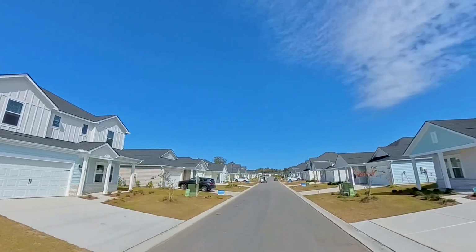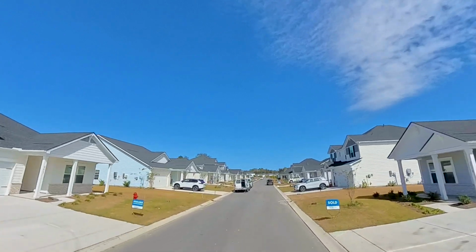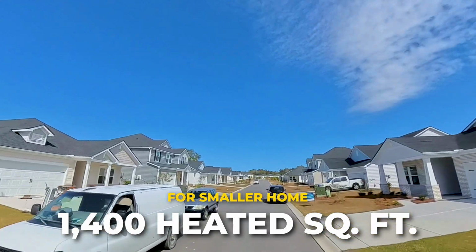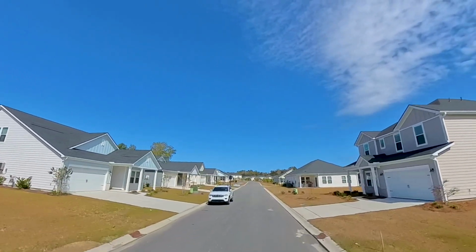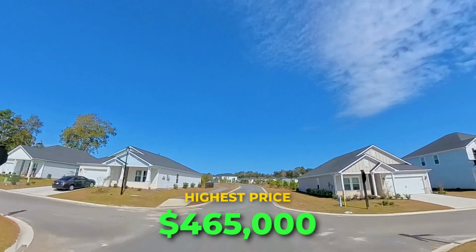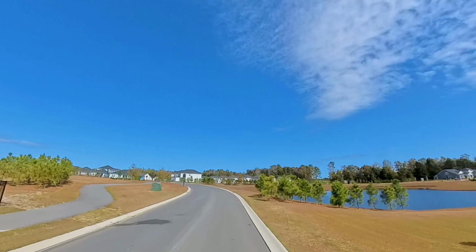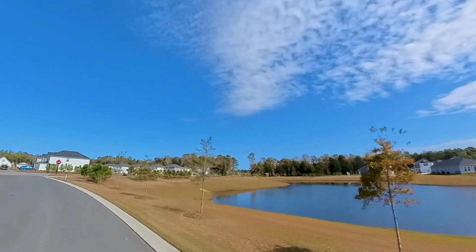So it's really nice, really popular. That's actually their model home over in the Clear Pond community. Now, currently homes on the market in this community, the lowest price is right at $300,000 for a smaller home, 1,400 heated square feet, 3 bedrooms, 2 bathrooms. The highest price home is just under 3,000 square feet. It's a 5-bedroom, 3-bathroom home that's listed for $465,000. And the average asking price for all the homes currently on the market in this community is about